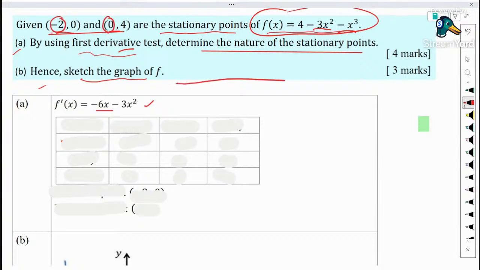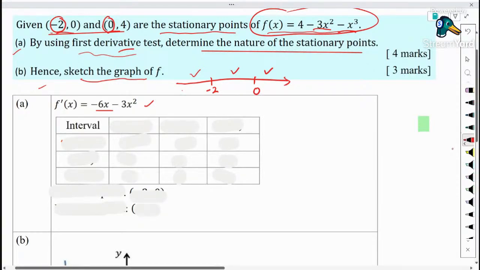And then consider where it is located on the number line so that I can identify which intervals I will consider in my test. So in the first derivative test, usually we will construct a table, with the first row starting with the interval, which we're going to refer to from this number line later,